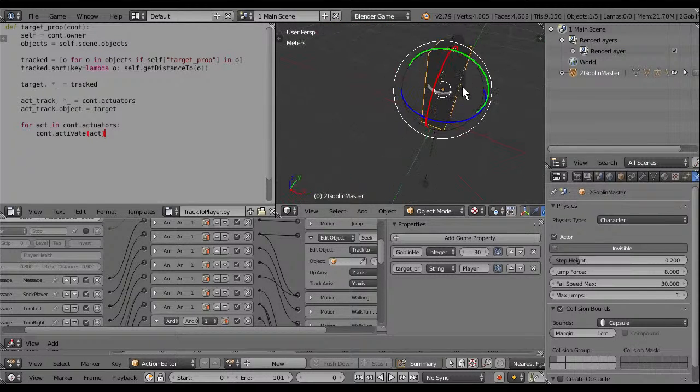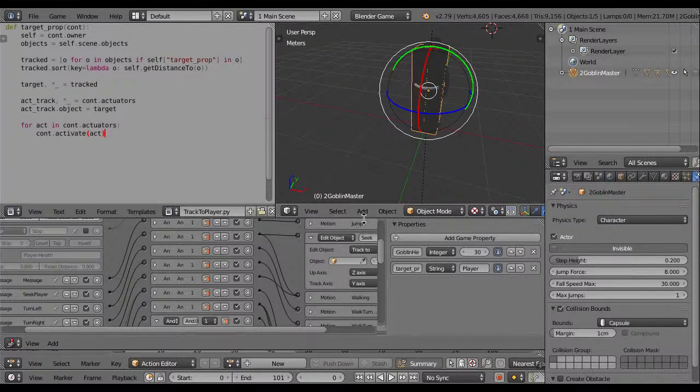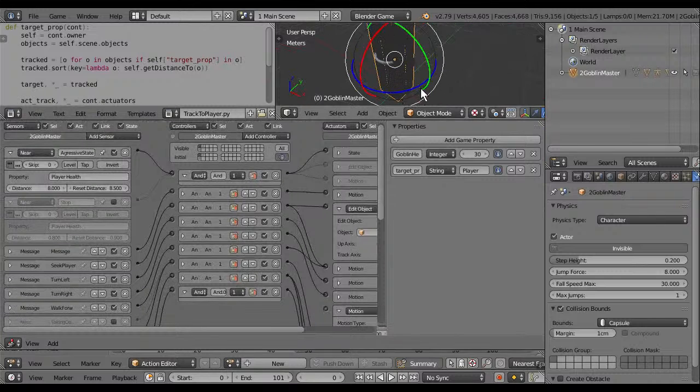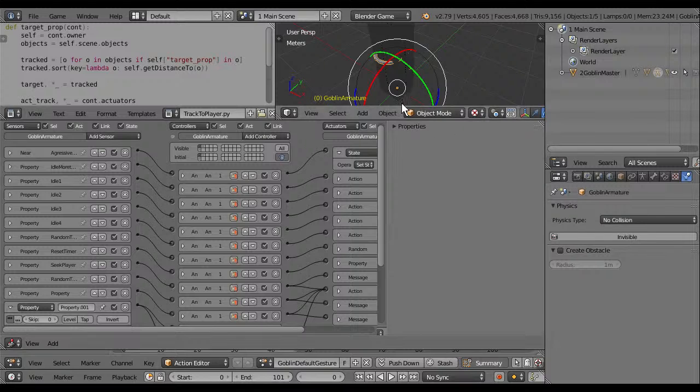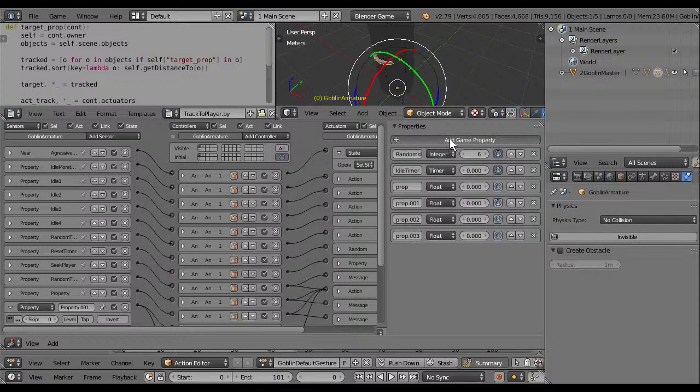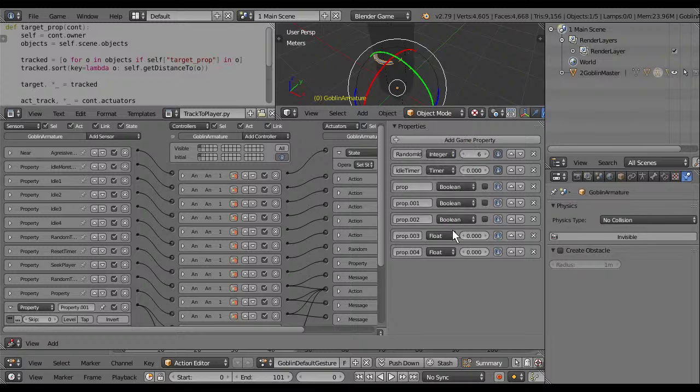It's been a while. It's just goblin editing. Okay, the key has to be the same. Has to be more and more. More properties just added, these boolean type properties.